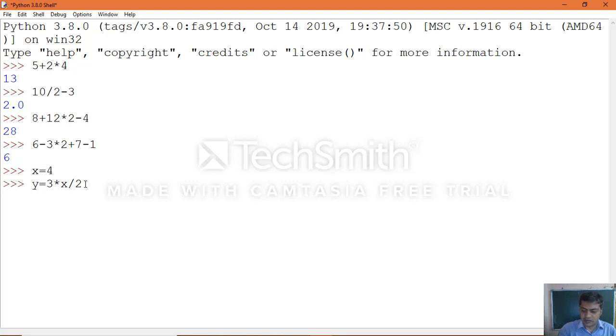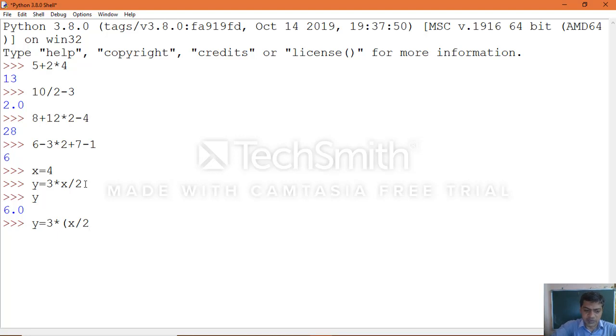Now if we execute, you will see the output here. It will not be printed directly; you need to print the y value, then it will give you the output. The actual expression you need to specify is 3 into x divided by 2.